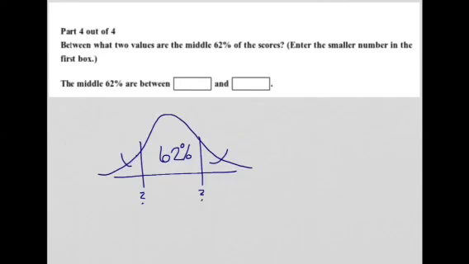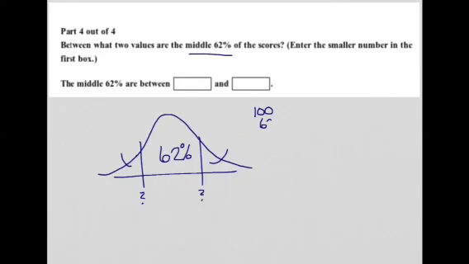And the fact that it's the middle 62% is what makes it possible to find those boundary values, because 62% just somewhere randomly in the middle would not be possible to determine what the boundary values are. But if it has to be the dead middle, the exact center, then what we can do is say, well,